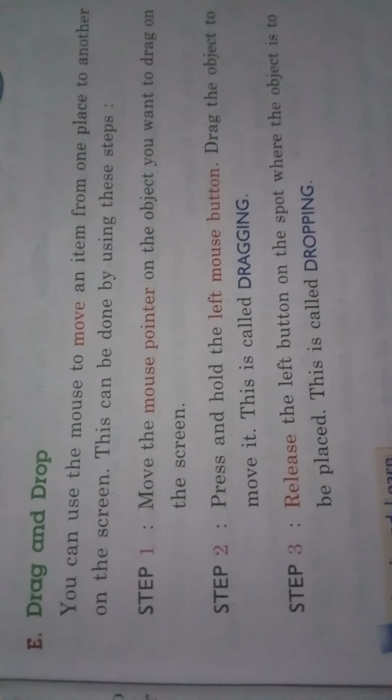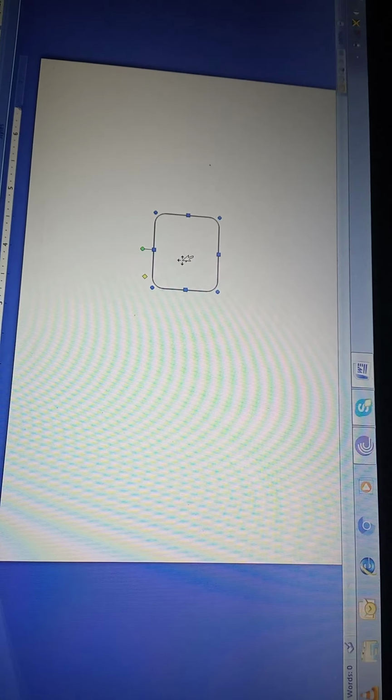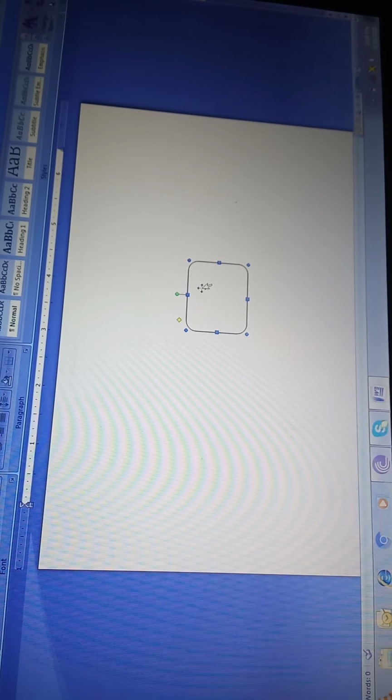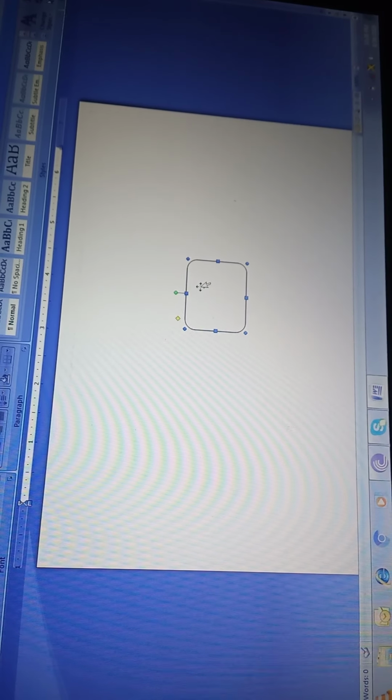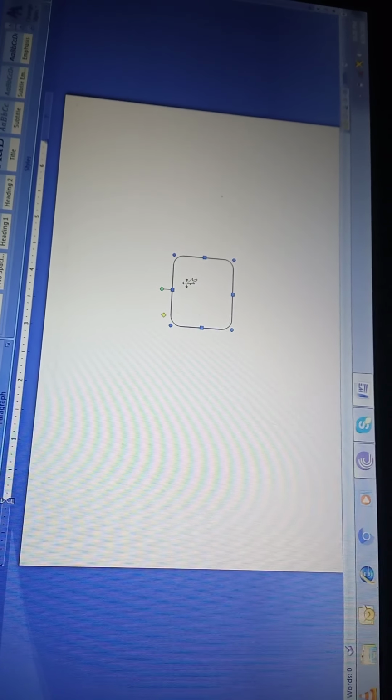So let's see here. Students, you can see this is the left click, this is right click, okay, this is scroll wheel, okay. Now you can see on the screen, you can see this box. First, we will point out the object, okay. Now I have pointed this object. After that, I will click on left click and